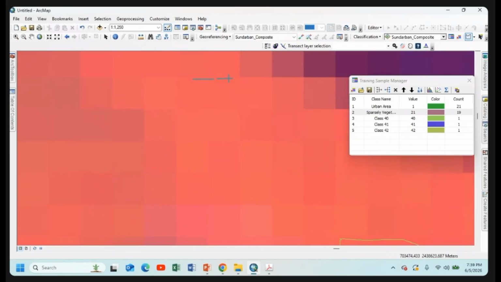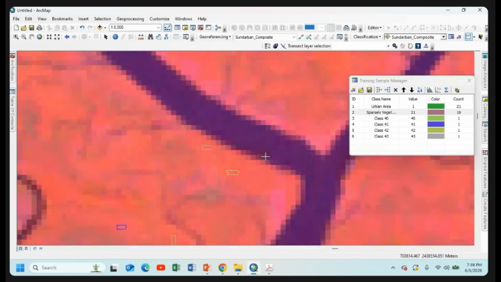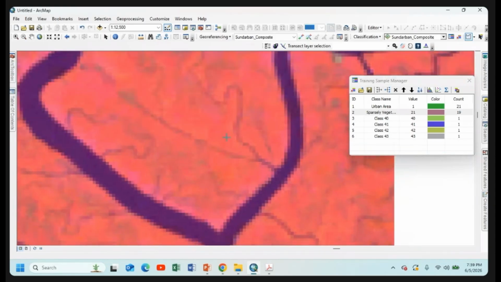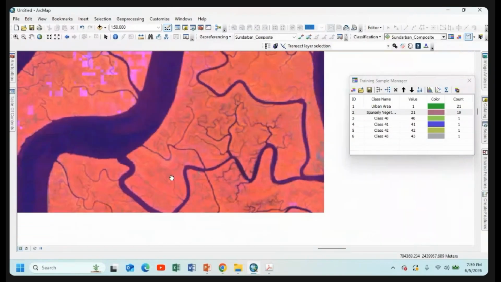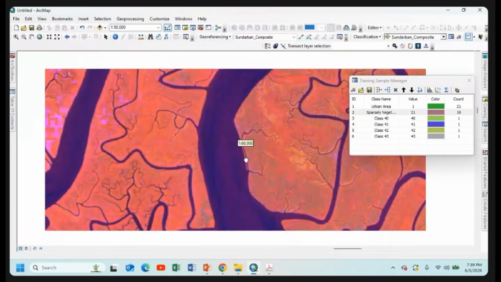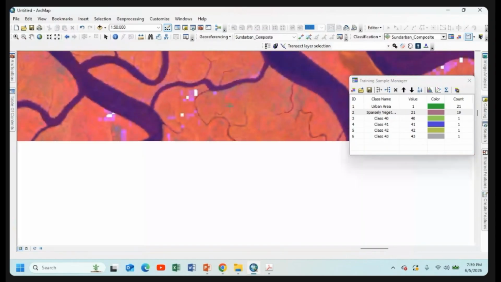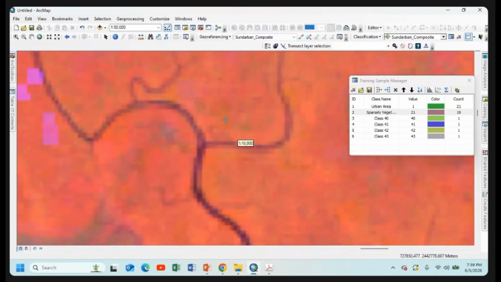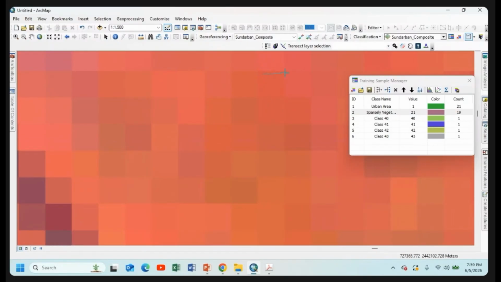Here some very high dense vegetation or healthy vegetation has been observed. Zoom out the area. Again, go to another region. From this, zoom in, and this is the red color, that is healthy vegetation indicated.